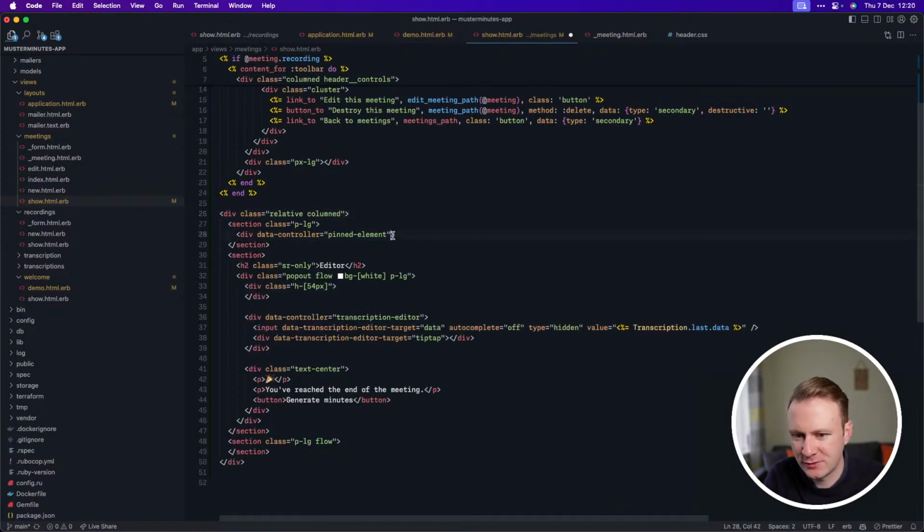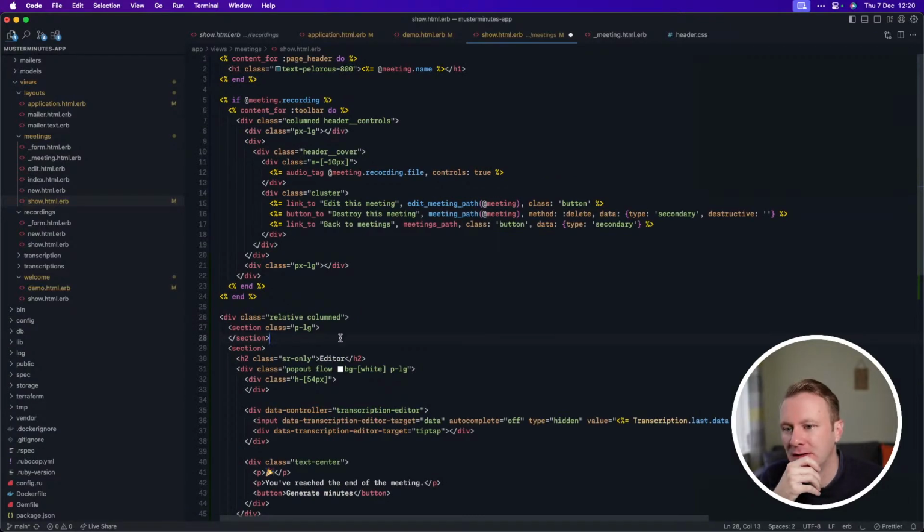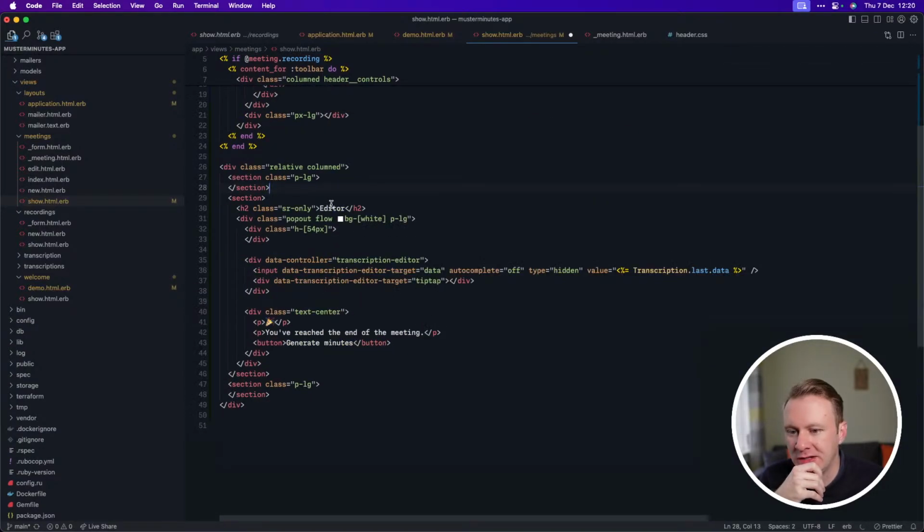Don't need these pinned elements. And then flow on that one. And then what we'll do is we will